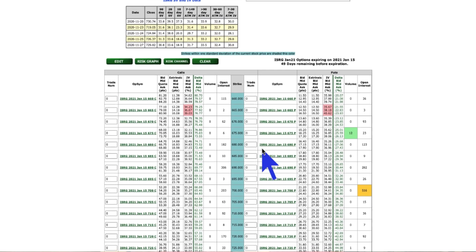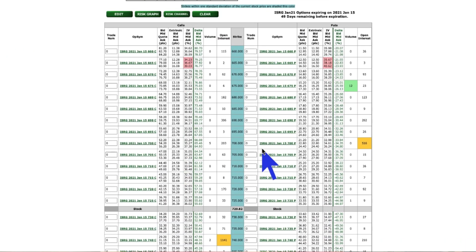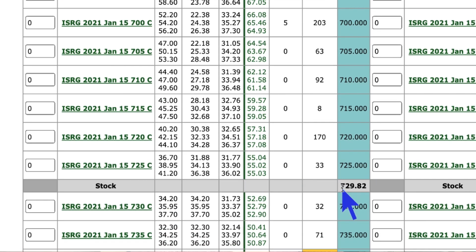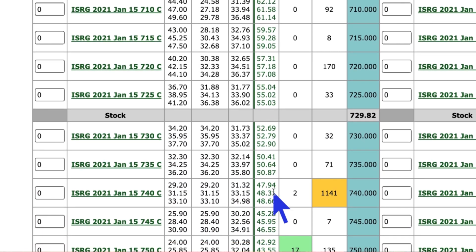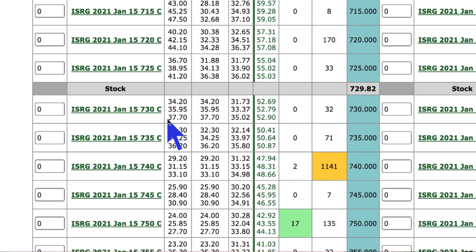This is not a cheap stock by any means, guys. You can see the stock's trading at $729 a share. So this isn't something we can just go out and buy a call option on, because we're talking about close to $36 per call. That's $3,600. Definitely something we'd have to spread. Buy the lower, sell the higher, and push that risk, that cost, that break even down to a more acceptable level. Right? So that's how we do this.